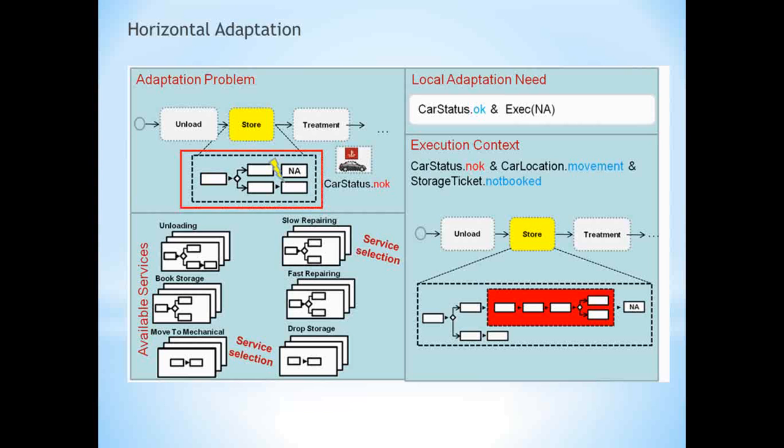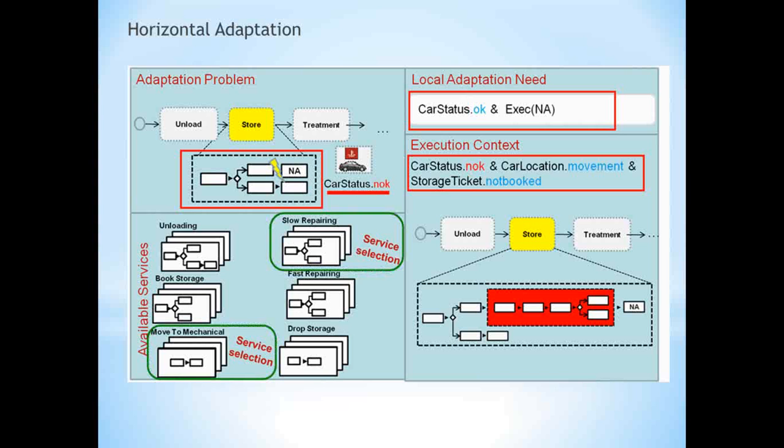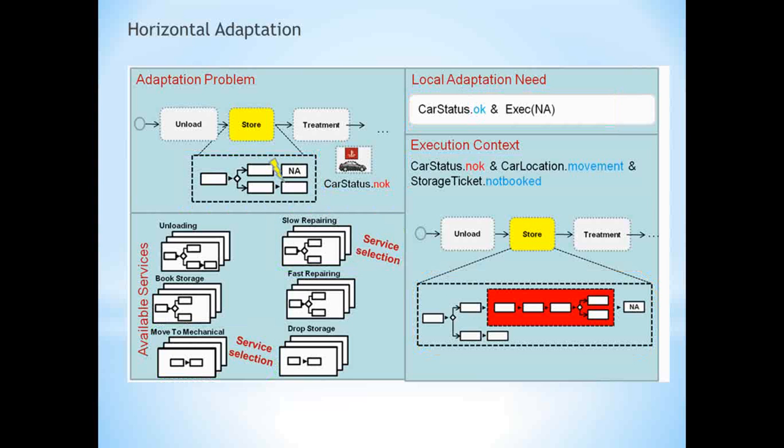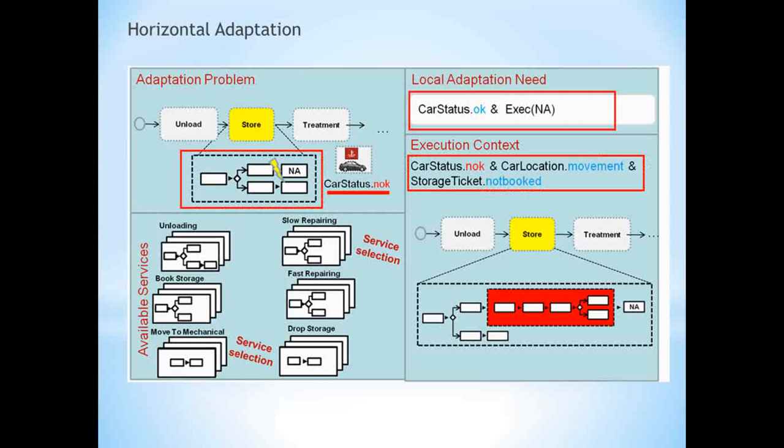The other kind of adaptation supported by the framework is the horizontal adaptation, which results in a structural modification of the process instance by adding, changing, or removing process activities to retain the reachability of its original goals in case of a changing environment. It is a dynamic process adaptation in case a precondition is violated.